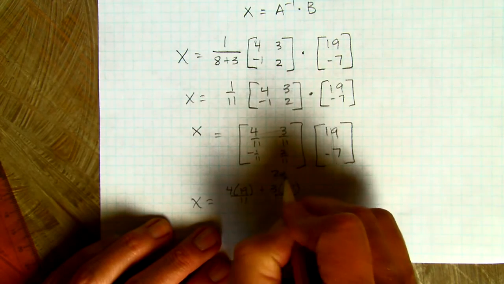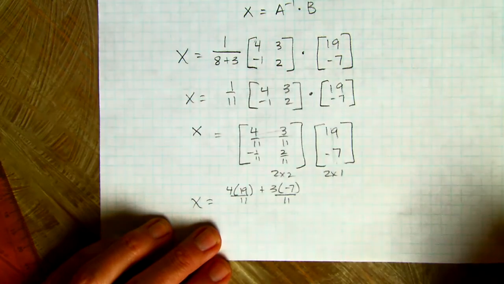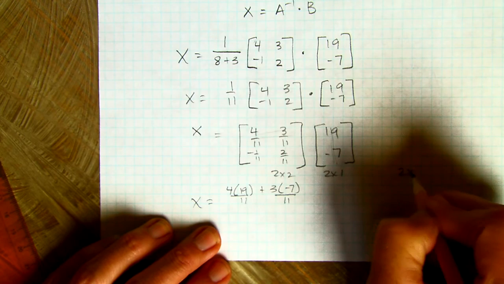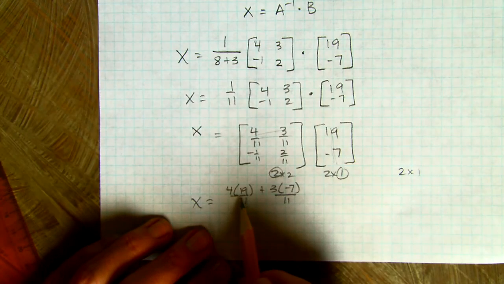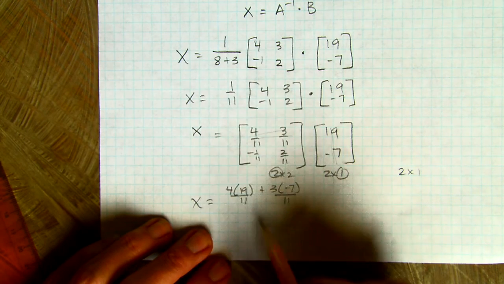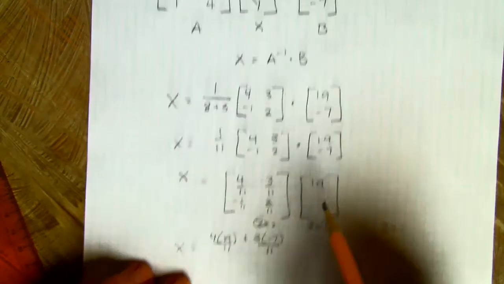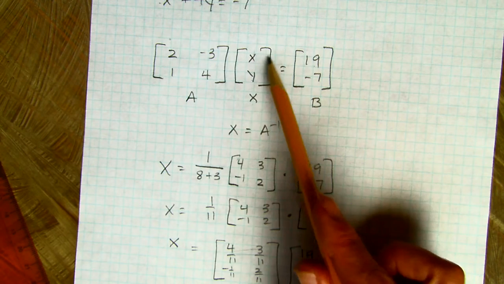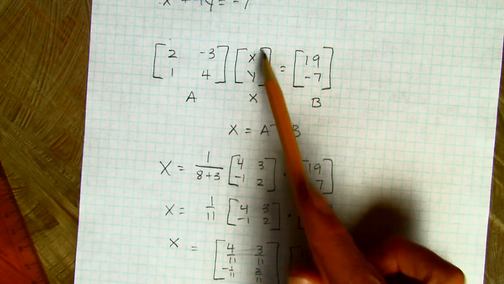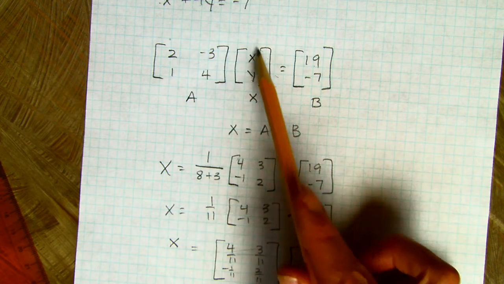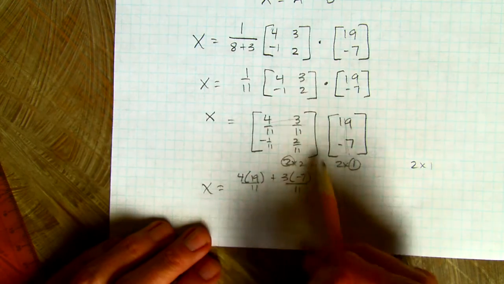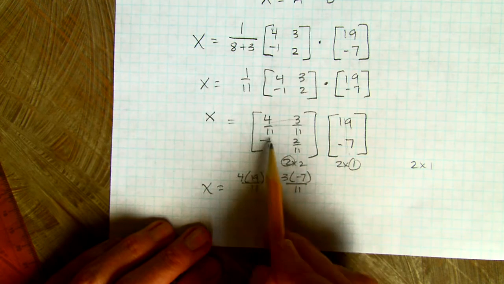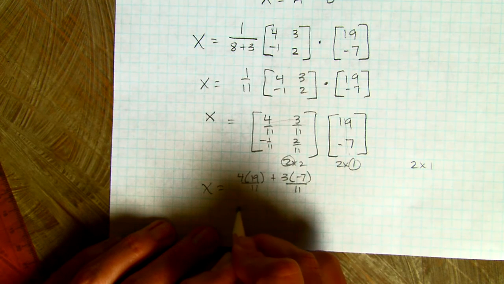Oh, remember, this is a 2 by 2. I'm going to multiply by a 2 by 1. So my result is going to be a 2 by 1 matrix. So 2 rows, 1 column. That's going to be my x, y. That's what I'm solving for. 2 rows, 1 column. So there's my first element, row by column, and then my second element will be